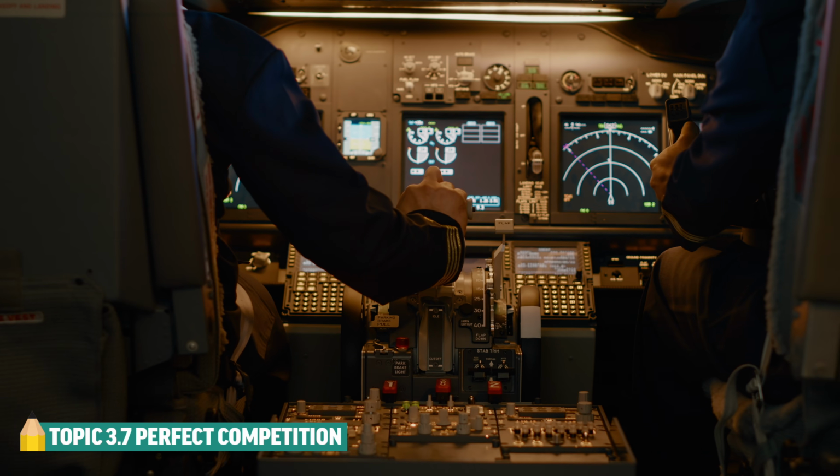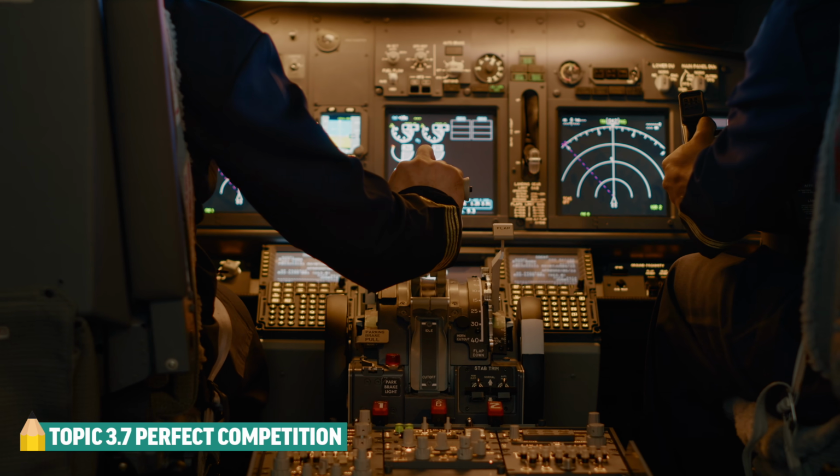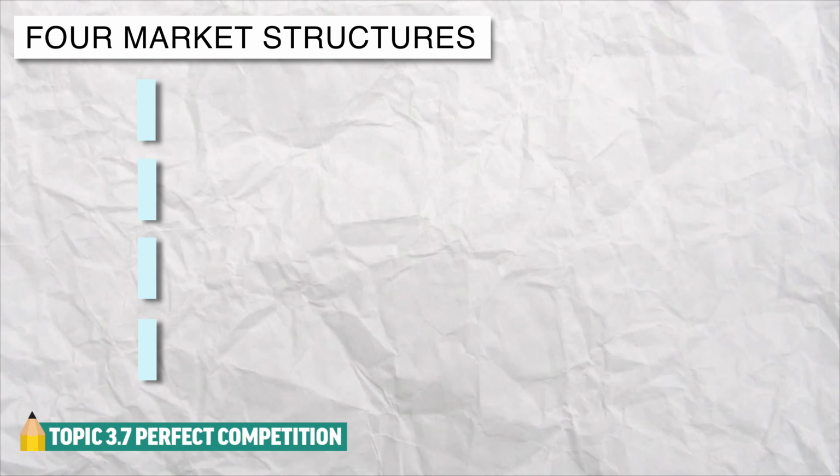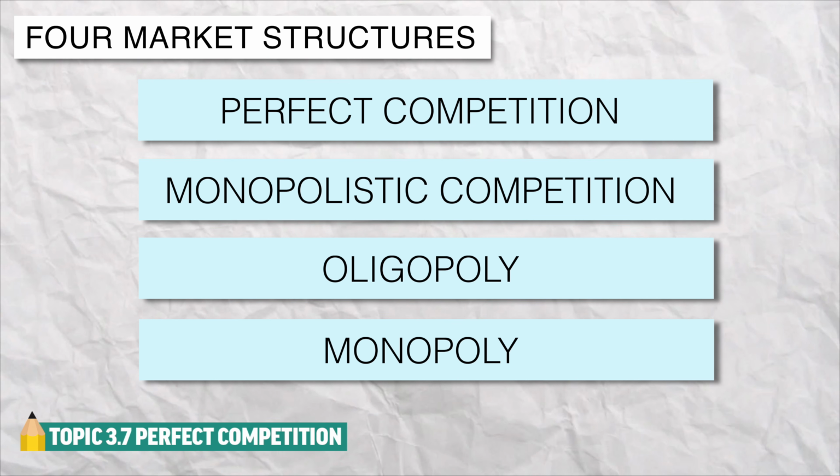Okay, here we go. Topic 3.7. It's the last topic in this unit and by far the most difficult one. First, let's take a step back. In this course, you're going to learn about the 4 market structures. This unit's going to focus on perfect competition, and the next unit, unit 4, is going to focus on monopolies,